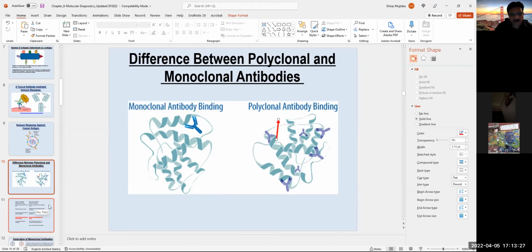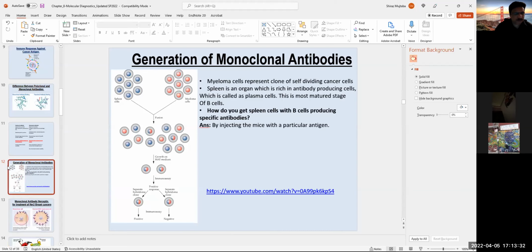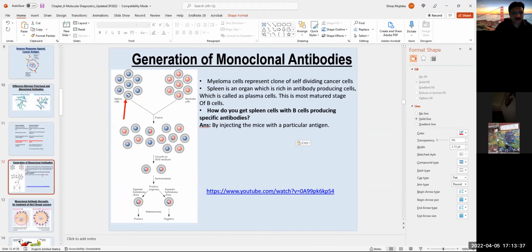But for monoclonal antibody, you need very aseptic conditions. You need 2 different cells to fuse. You need B cells, which are present in the spleen, so you get the B cells and fuse them with multiple myeloma cells. These are cancer cells. Myeloma is a cancer of B cells, plasma cells, which are the end stage of B cell development. So when you fuse, you get cells which can make monoclonal antibody